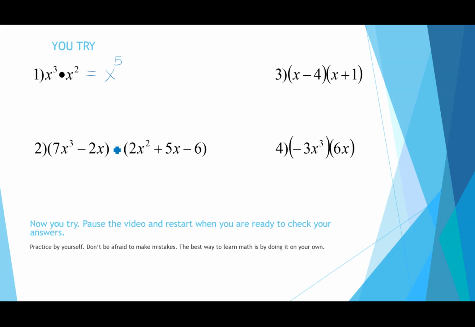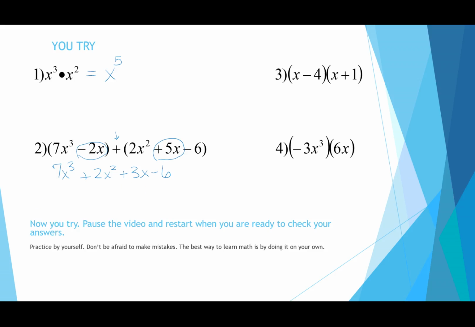For number 2, I realized that this is an adding problem, so I want to look for the like terms. There is only one x cubed, so I'm going to bring down my 7x cubed. There's only one x squared, so I'm going to bring down my positive 2x squared. But I do have some like terms here with x. Negative 2x plus 5x is 3x. And my number of a negative 6 is all alone. We'll just bring him down. So we've combined like terms, and you should have gotten 7x cubed plus 2x squared plus 3x minus 6 for